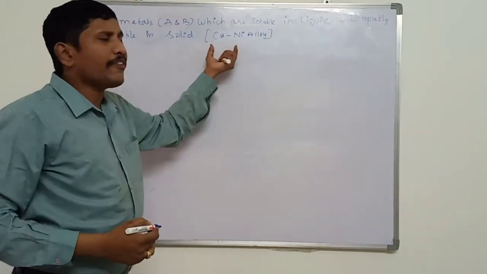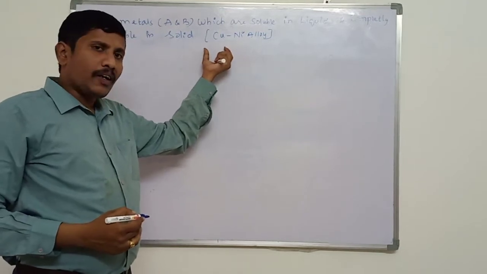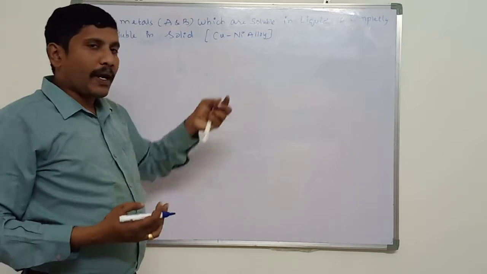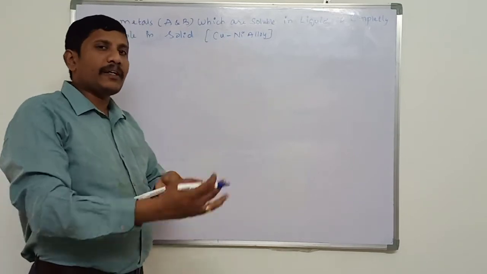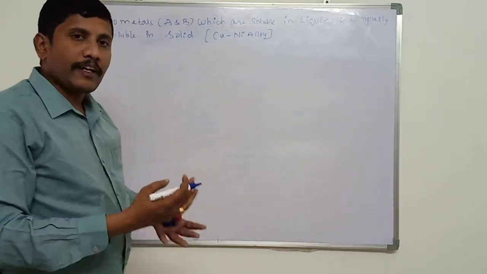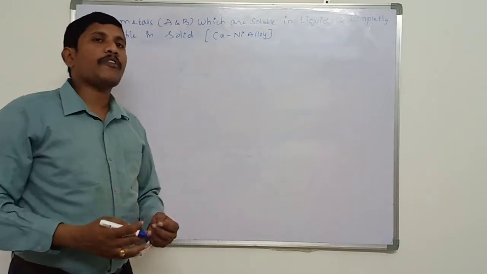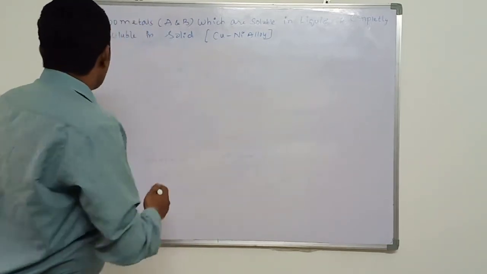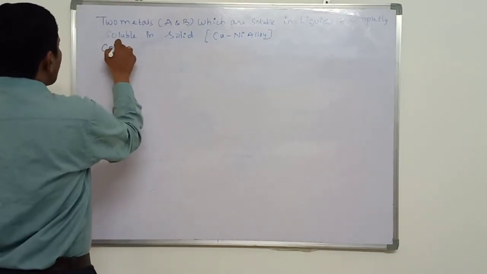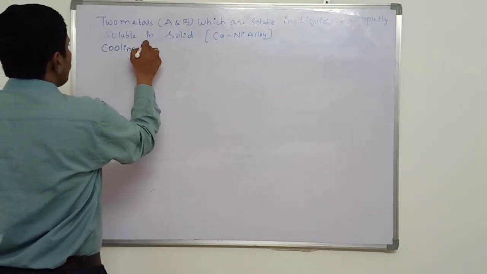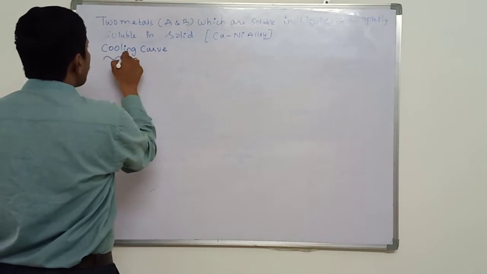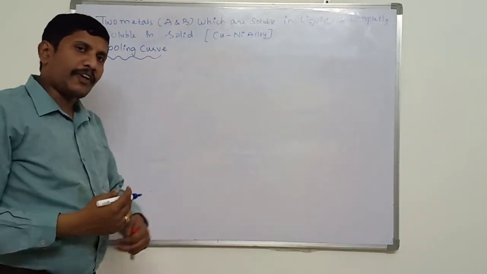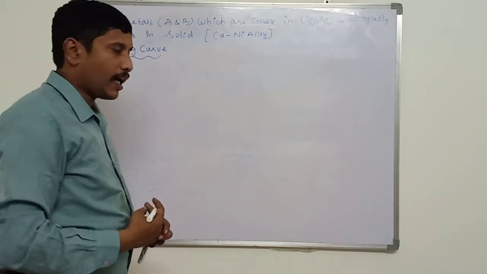So whatever may be the weight proportions of copper or whatever may be the weight proportion of nickel, they are completely dissolved in each other, they are completely soluble in each other, and they form an isomorphous system or isomorphous alloy. So first we will be learning about the cooling curve of an isomorphous alloy. With the help of this cooling curve, we can construct the phase diagram for isomorphous alloy, right?